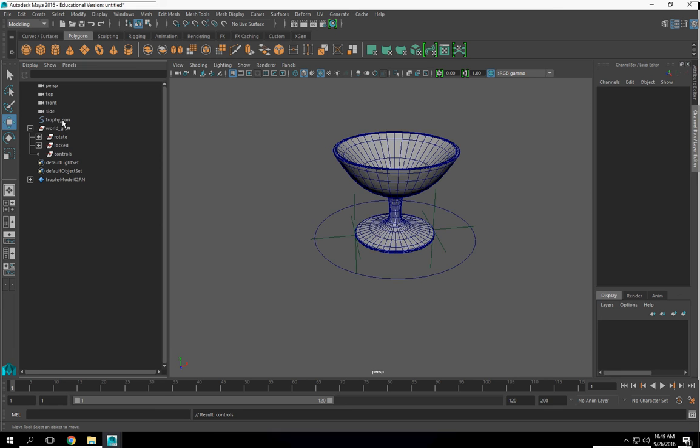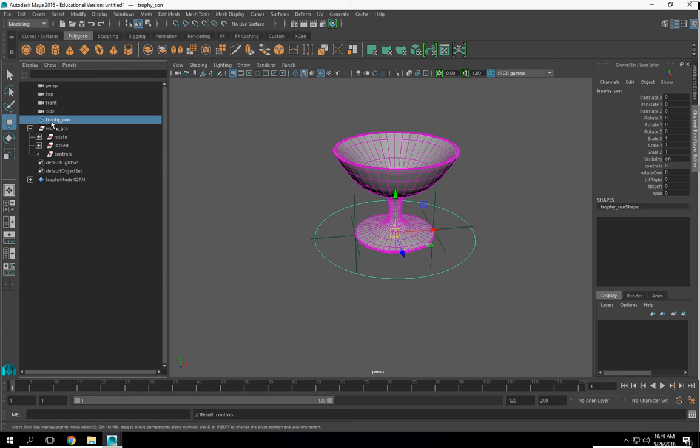Now, my control con is going to go in my controls group. And we're going to here